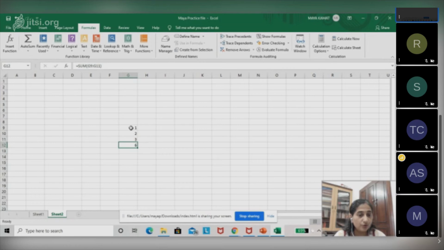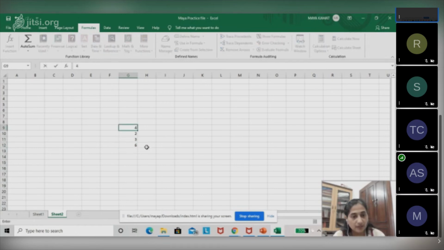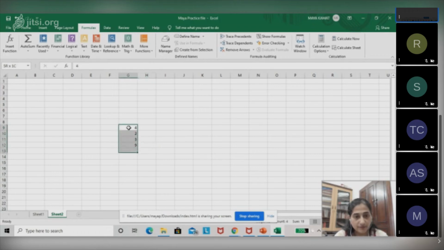So now, tomorrow, if you realize that out of the 15 numbers you have entered, one is wrong, you can only modify that. For example, over here, and your sum will auto-calculate. Can you see it changing automatically? I'll just increase the font size for those who are not able to see.